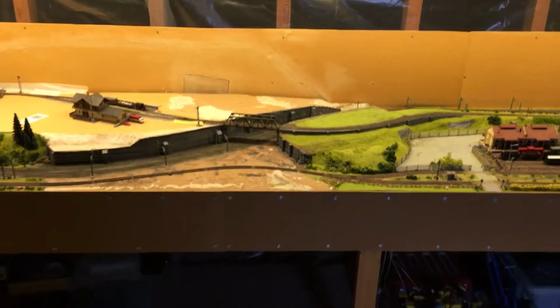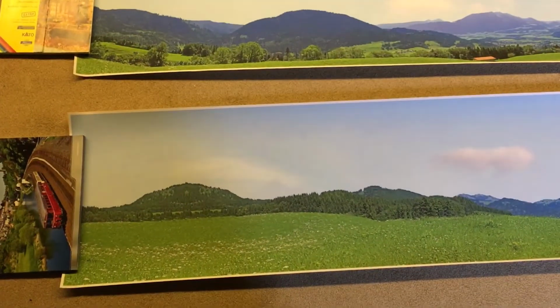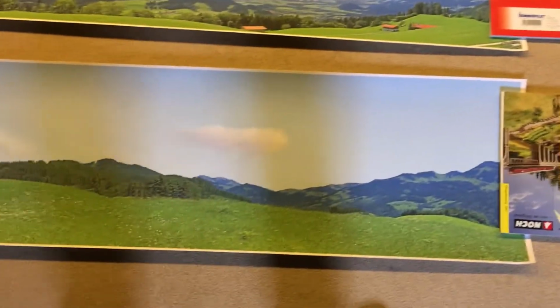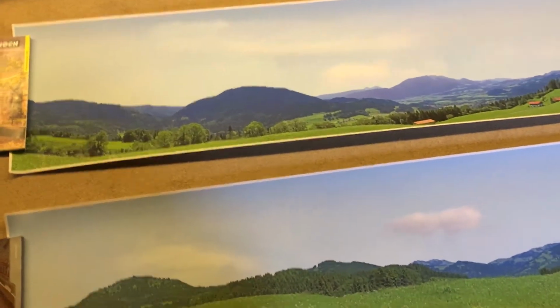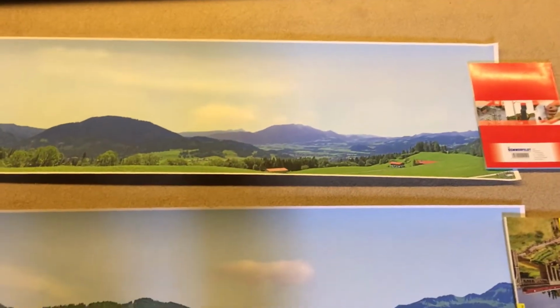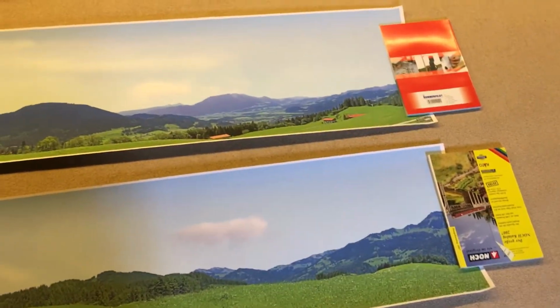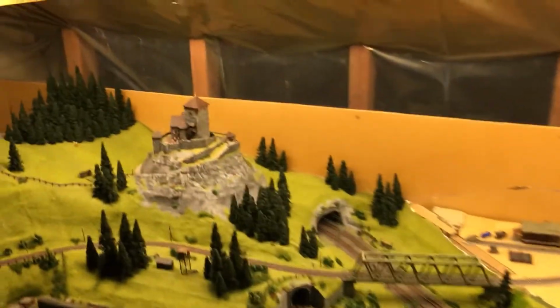The other thing I wanted to show you today was my back scenes, which I've finally received, and they are, it's a Bavarian landscape. It comes in two pieces. I also have another landscape background as well for the town, which I will show when I get that. This is 3 meters long, so that will fit, I think, very nicely onto here, and we'll go from